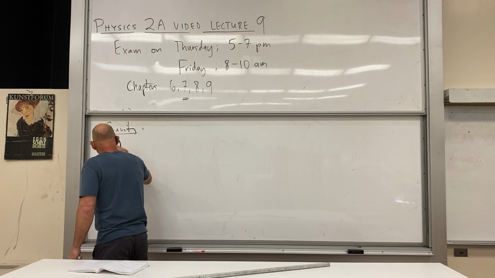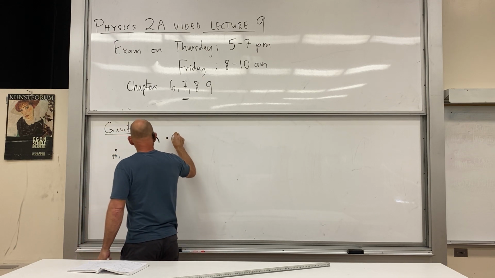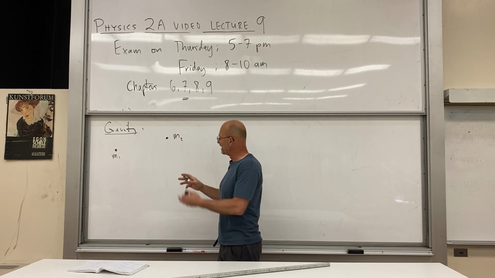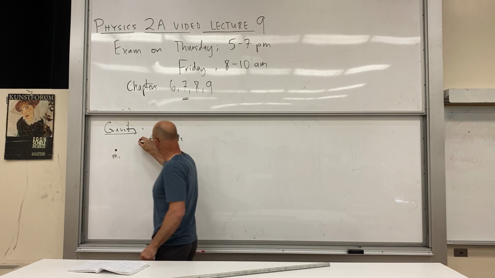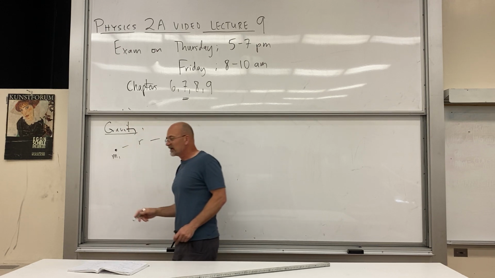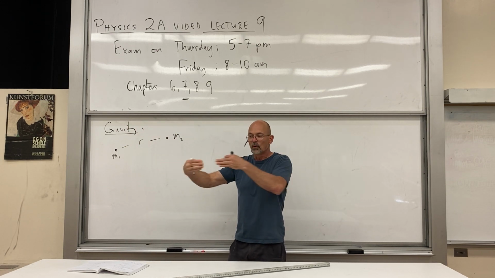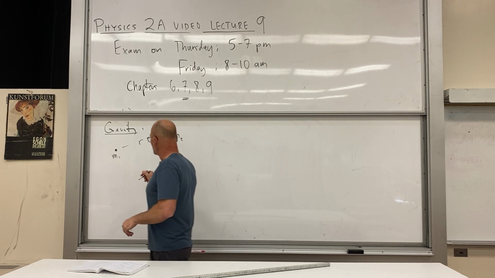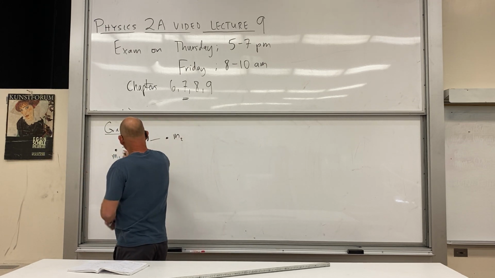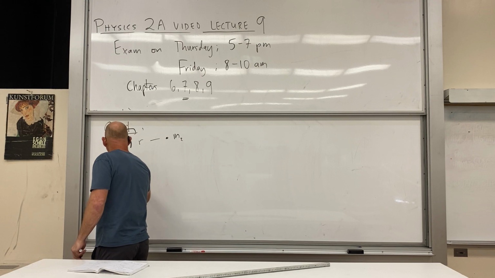There we have Newton's law of gravity. M1, M2, two particles in space separated by a distance r. They experience an attractive force towards each other, along the line joining them, and the force